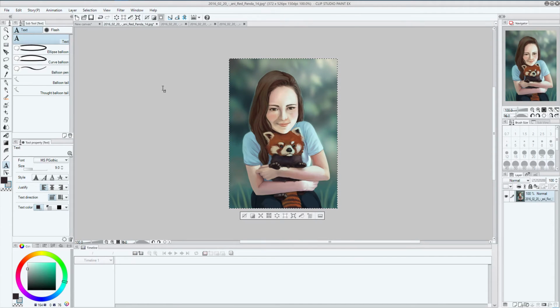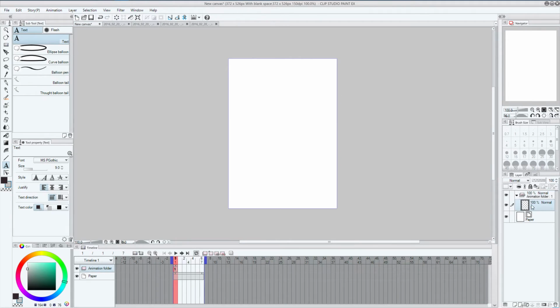To insert the images into the animation, I will select the whole image with Ctrl A, I will copy it with Ctrl C, and I will now move back to the animation. I will select the layer here, the number 1 layer, and I will hit Ctrl V. I will rename this image layer to number 2,